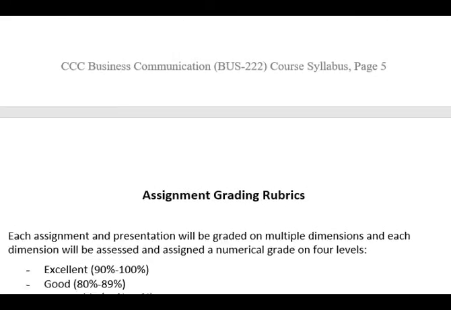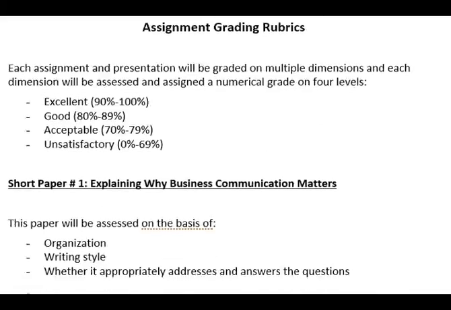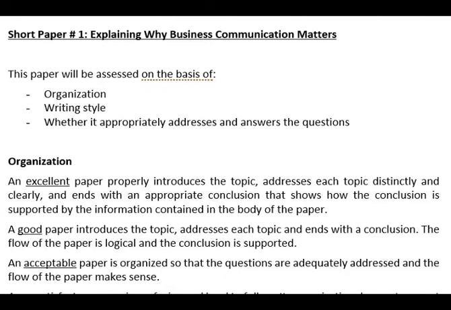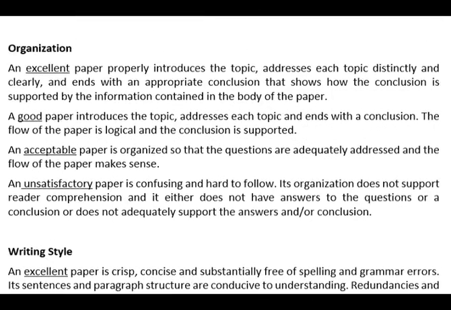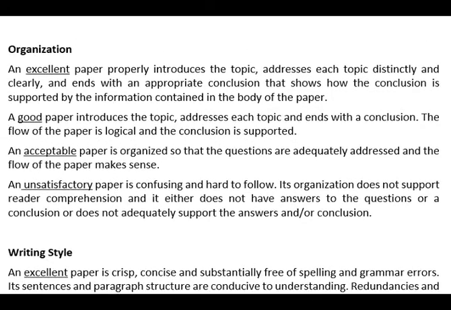Okay, so let's go back and take a look at these one at a time. First of all, we do provide you fairly comprehensive grading rubrics for each paper. For example, on the short paper, we're going to grade you based on organization, writing style, and whether it addresses the questions. And in this grading rubric, we give you a guide, a signpost for what sorts of things we're looking for. For example, an excellent paper, in terms of organization, introduces the topic, addresses each topic distinctly, ends with an appropriate conclusion, whereas a good paper, let's say a B, like an 85, maybe introduces the topic, addresses the topic,